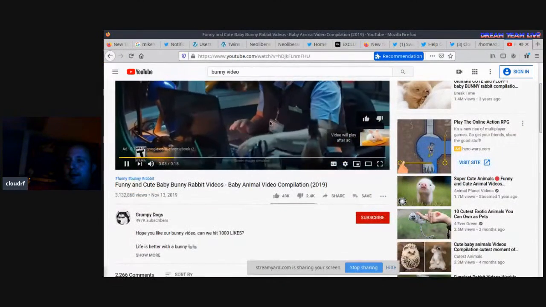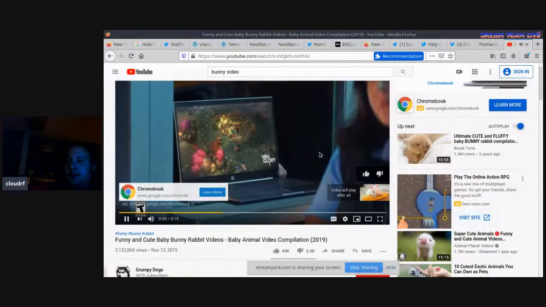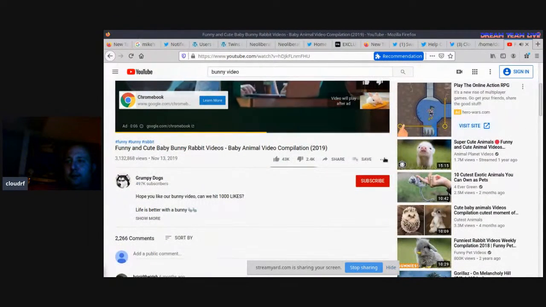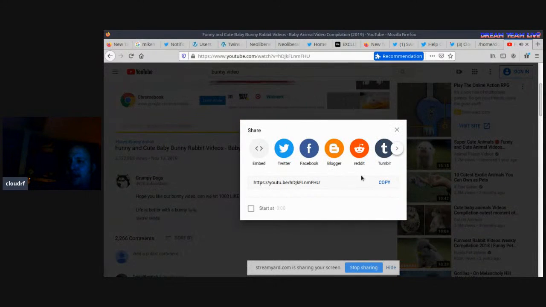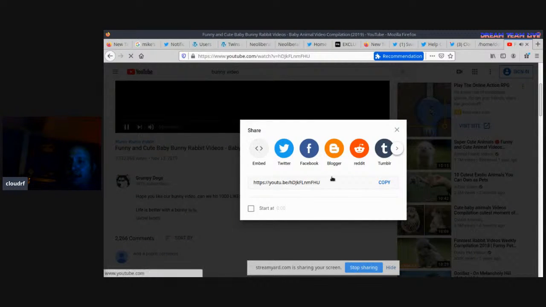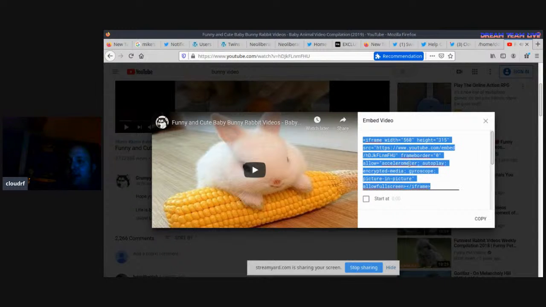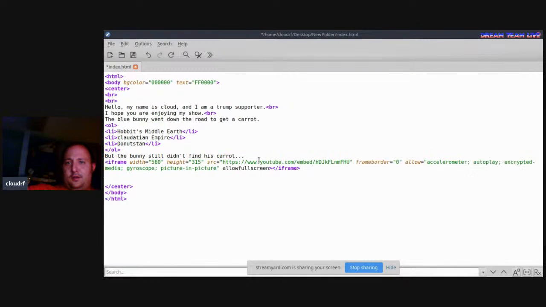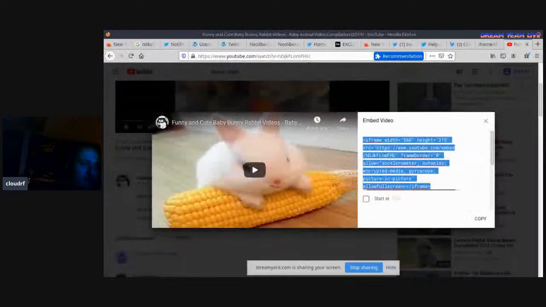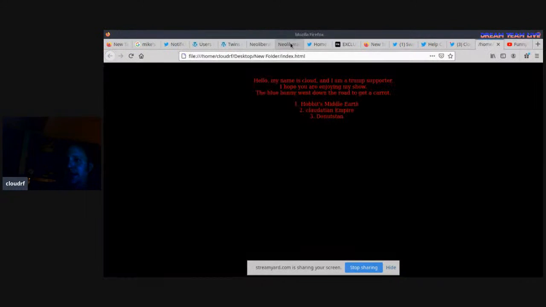I don't have to watch this ad, I can just skip that and go to the share, and I want to click the embed link here, copy all of this information, go back to my document, and right click here and paste it, and then I'm going to save it again and bring it back and go back to my